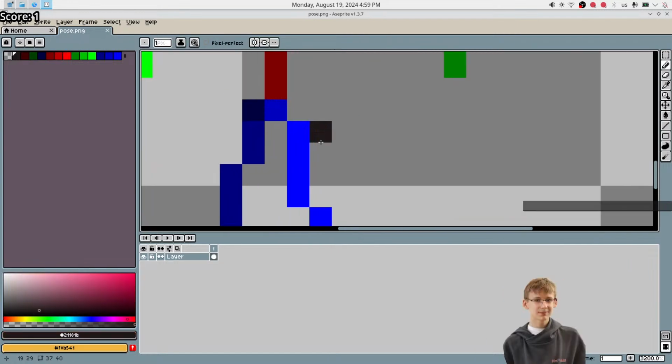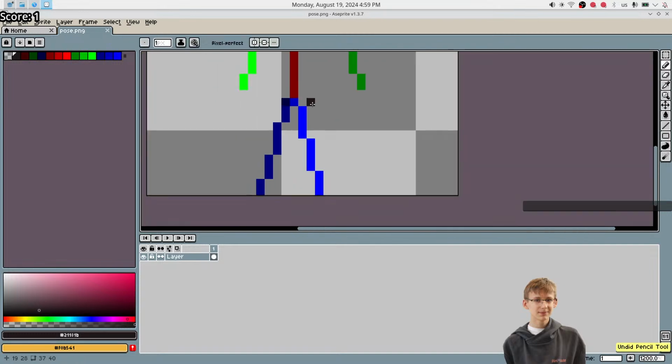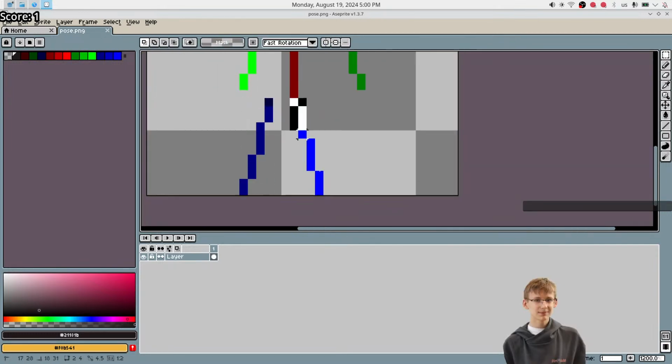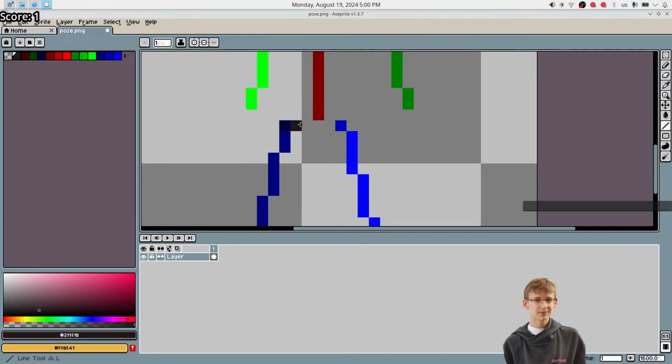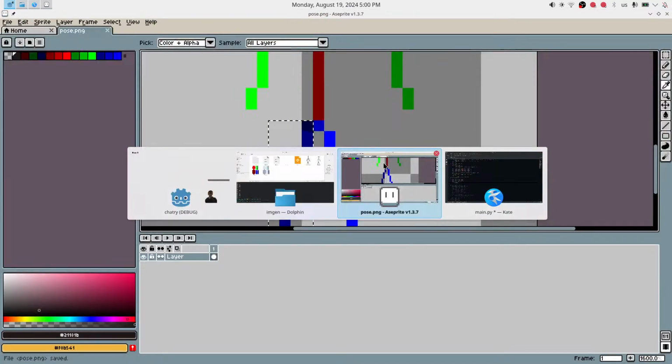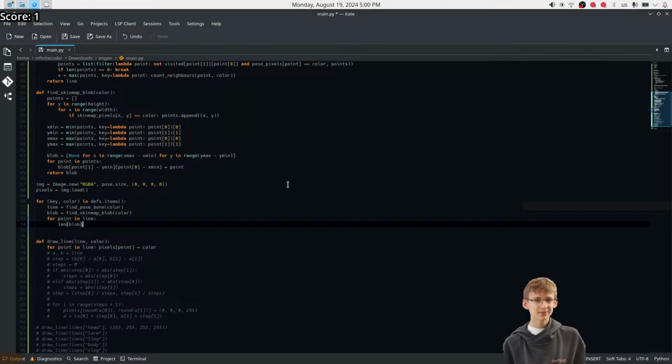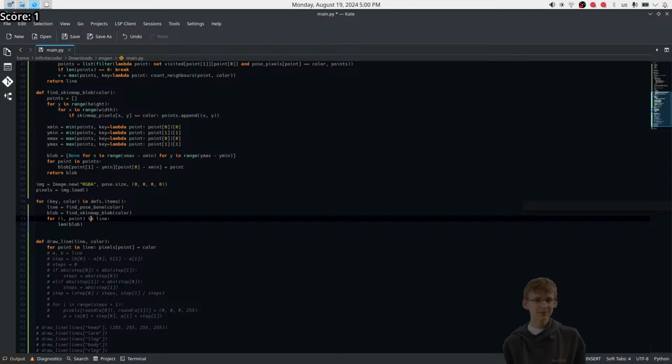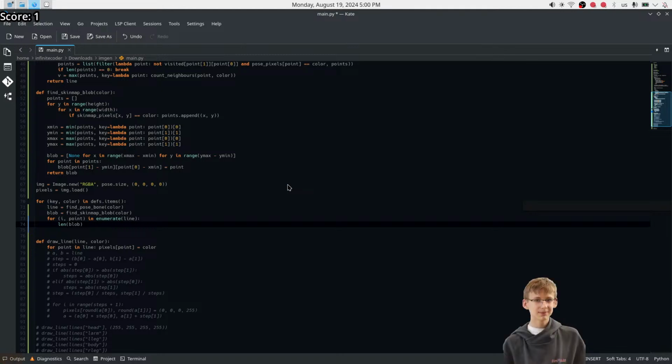Like in the real world, you'd have something like this here. So you'd have one leg a little bit to the left, another little bit to the right, and you'll have a bone here. But this worked good enough, so I guess we're going against nature. So okay, anyway. For each point in the line, how do we get the offset, the length? I guess it's just index I point in enumerate line. So index is from 0 to length minus 1. So if we divide it by one length and multiply by another,